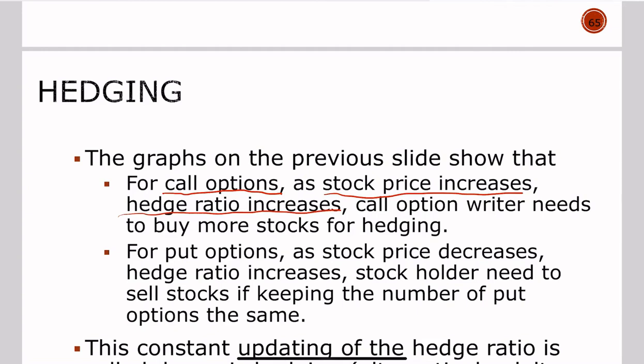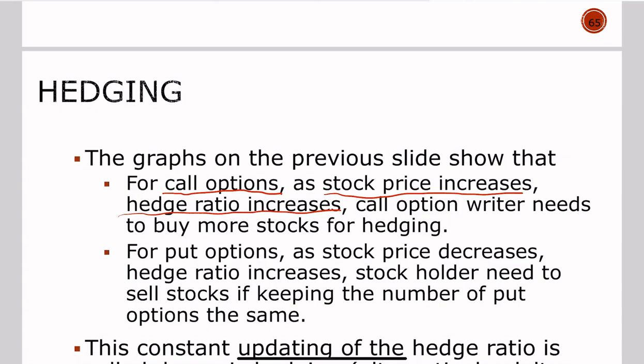It says that if you're a call option writer, you have to hedge against your risk by buying shares. You will have an equity position. And this basically means that if stock price increases, as a call option writer, you will have to buy more stocks for hedging